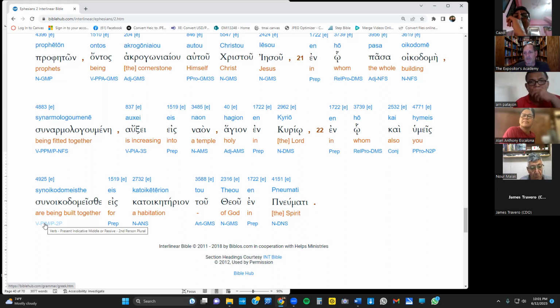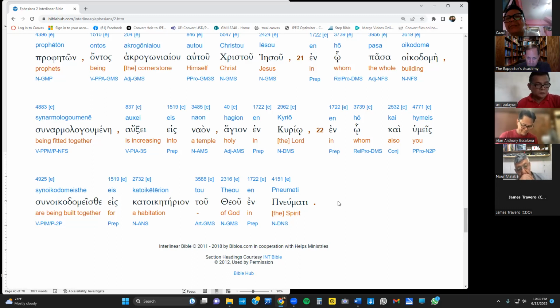So you can cheat if you want and look at the interlinear, and it'll tell you whether it's a verb or a noun or a participle. But you just got to find it here in the interlinear. So that's another way to check yourself if you're not sure. I just gave you some tools in English to try to figure it out. Look for an article, look for a verb of being, look for a subject. But if you're still confused, you can just go to the interlinear and look up and see,